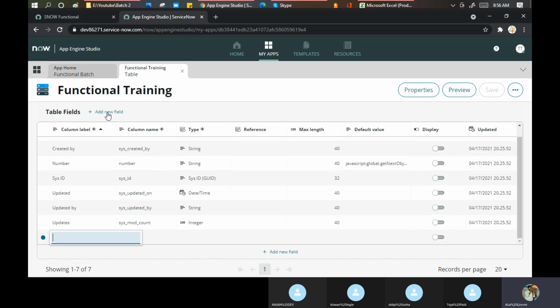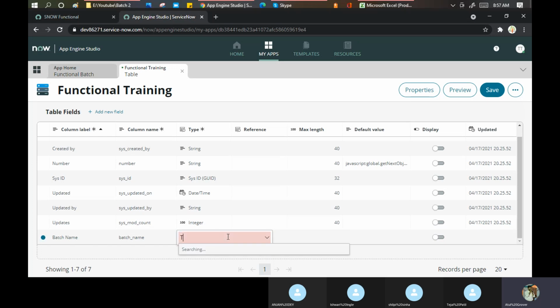The same thing which we did in the table. I say batch name, column name, batch name, that's fine. What do you want for the type? I want it to be text, or a single text.